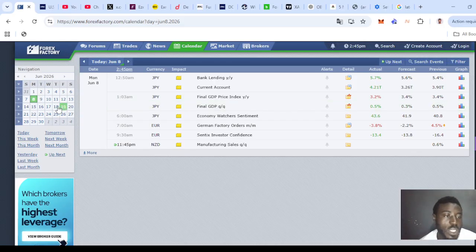Today is June 8, and there's no high impact news, only we should be careful on how the market is going to trade because the market is going to be slow. High news means volatility, which means if there is no news, the market will just be moving on its own. So let's go to the chart and see what the chart has for us.